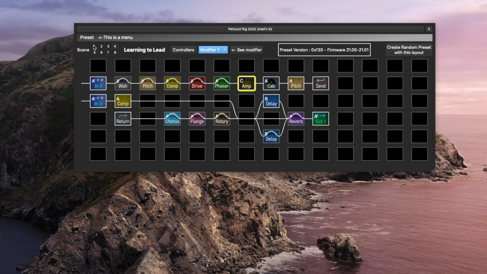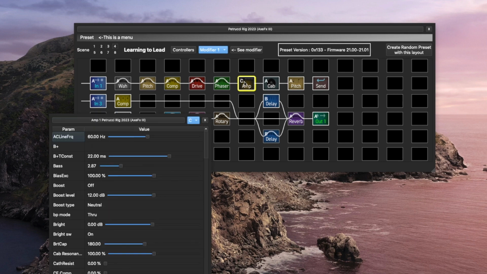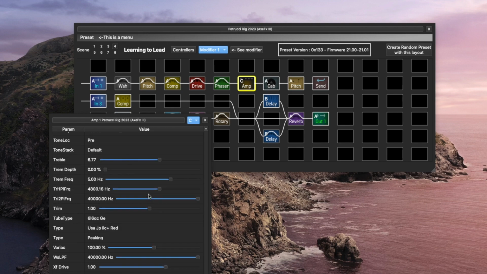So let's look at the scenes. They've creatively titled these, I think, after some Dream Theater songs. So Crunch Meander, you've got Our New Chorus, The Miracle in the Clean Chorus, Learning to Lead. So if you notice, as I click through those, the amp, you're switching letters here. That's kind of the settings are changing. So it looks like you've got kind of a rhythm sound that's B, this clean sound is A, and this lead sound is C. So if we look at the amp on the C setting, the type says USA JP